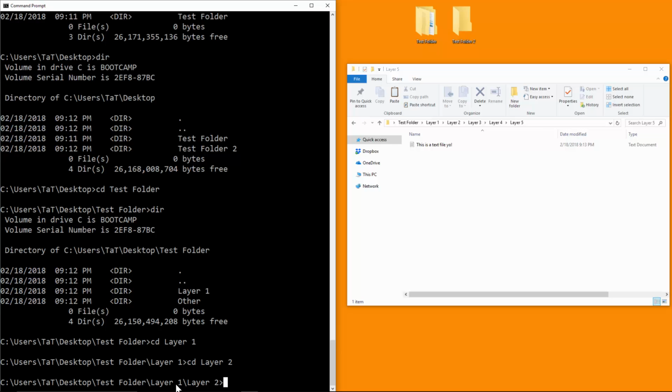But what I like doing sometimes is, if I know the file path, if I can verify the file path, I prefer to combine them all together. So we would say something equivalent to this file path. We want to do users, tat, desktop, a test folder, layer 1, layer 2, layer 3, layer 4. Just a side note, you'll notice that